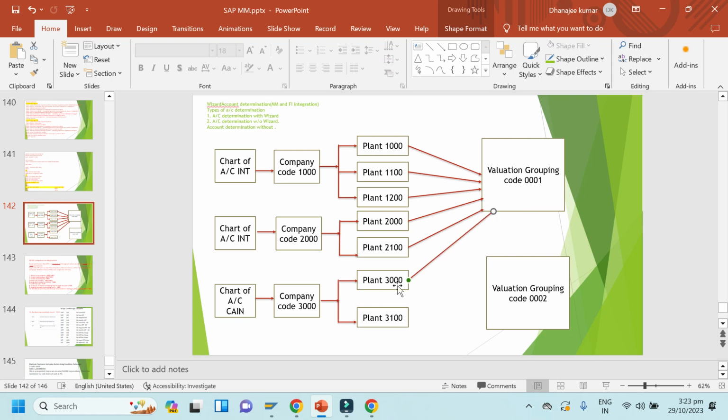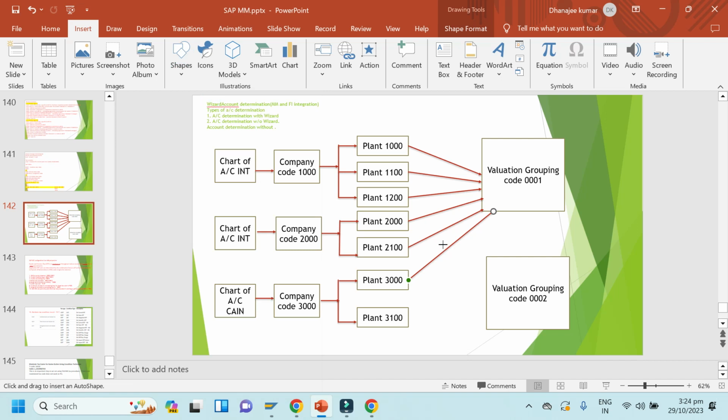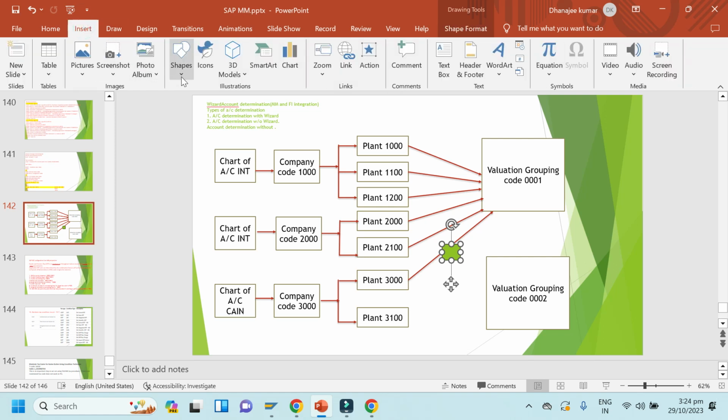this is not correct actually. So for this one, I'll put a tick mark. Tick mark means it's not correct. So we have any sign, let me check.